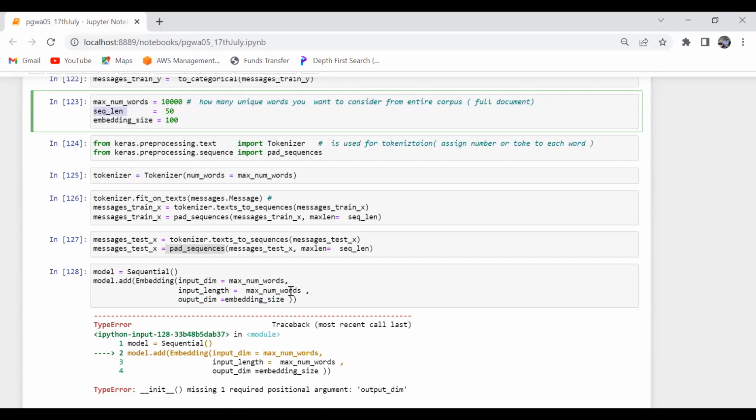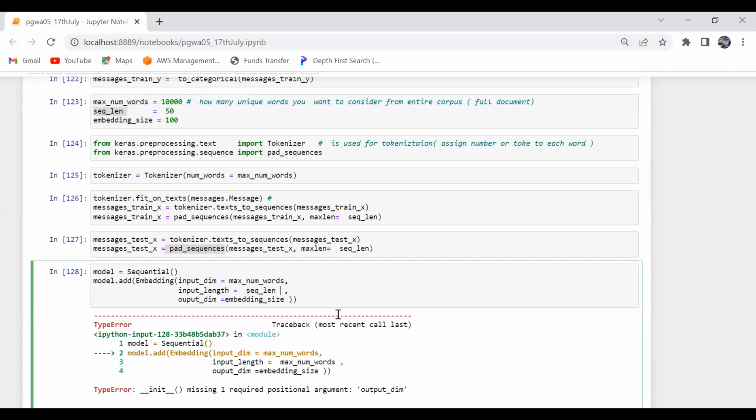Actually, maximum words we should get. Init one, model dot add, embedding. एक लाइन में डालूं तो चलेगा, बस ऐसा नहीं होना चाहिए।